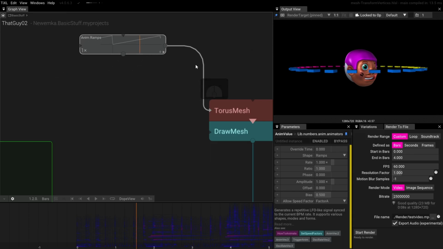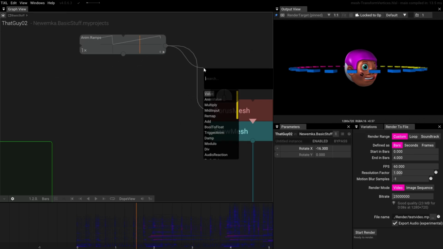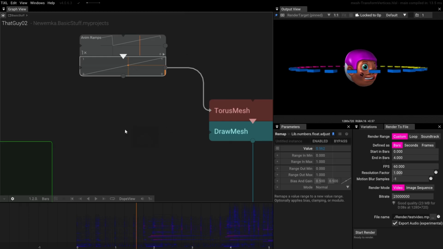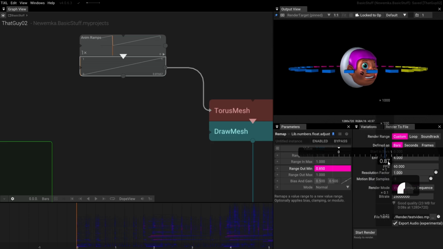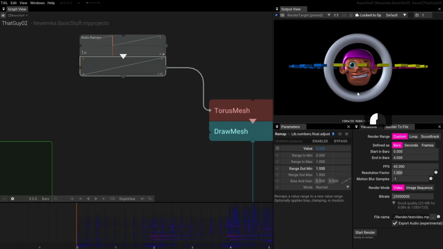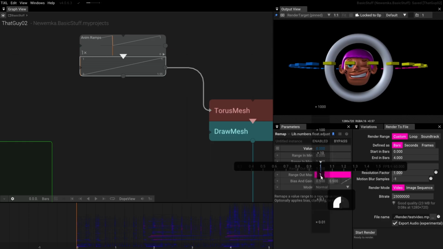So I can remap this value. Let's add remap. And now in remap we have range in min 0, which is right, range in max, which is 1. So let's set the range out min. Let's go back to the beginning. The range out min to this size. Okay, and let's set the range out max to,